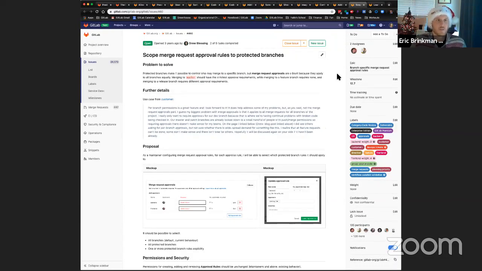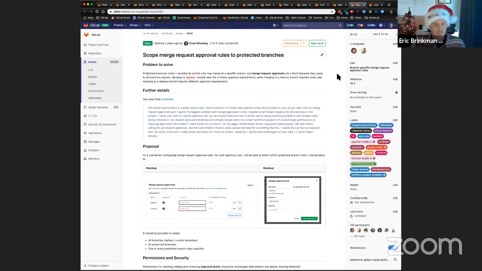Additionally, we'll be adding a feature to scope merge request approval rules only to protected branches. Another common developer workflow is merging feature branch into feature branch or merging the target branch, such as master, back into your feature branch, as we just mentioned. And these don't really require approvals, or shouldn't require approvals all the time. And so approvals can sometimes slow developers down. We don't want that to happen. We want developers to be as efficient as possible inside of GitLab. And so we'll be adding the ability to only scope merge request approval rules to protected branches.